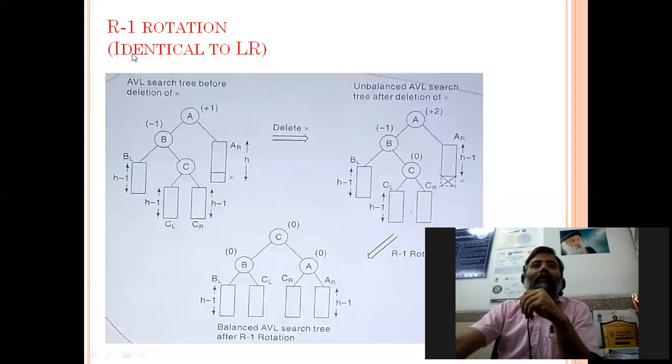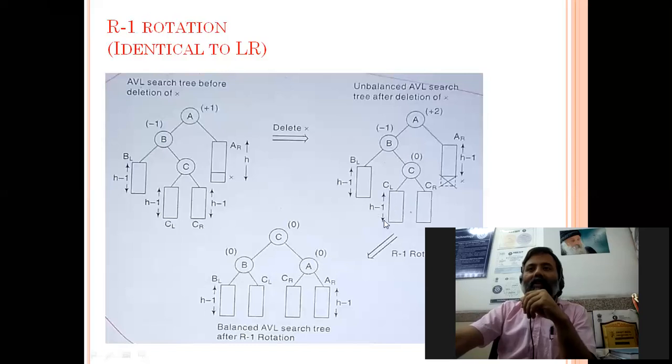Now R minus 1 rotation is identical to LR. So we are deleting here. This node is deleted here. Here the balance factor is minus 1. So that's why we will say R minus 1 rotation. And R minus 1 rotation is equivalent to LR rotation. So that's why this C will go to A, B and its left subtree have no change, A becomes the right child, no change in its right subtree,